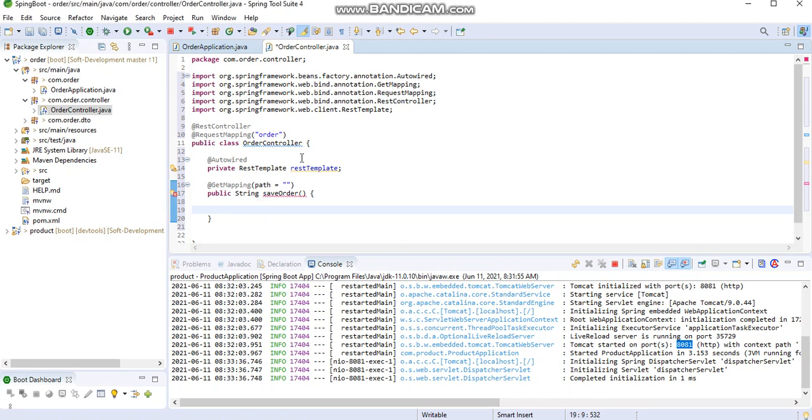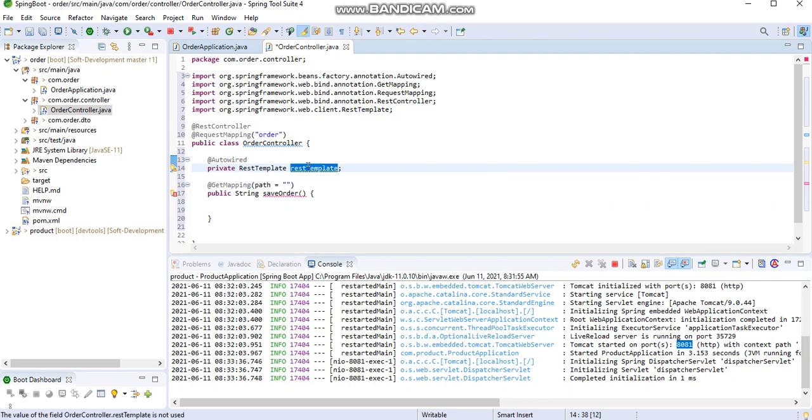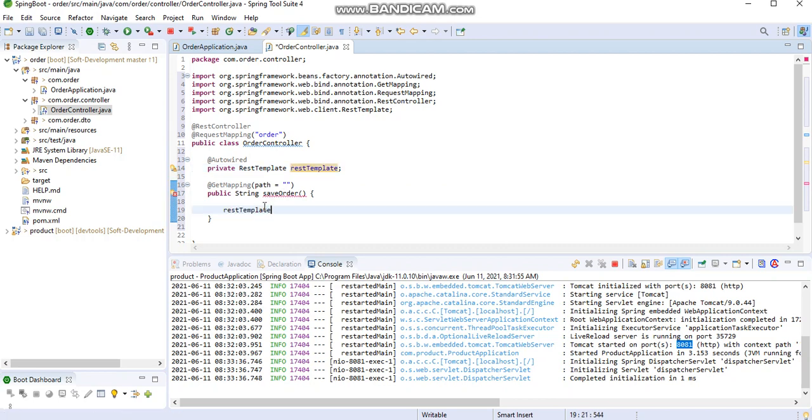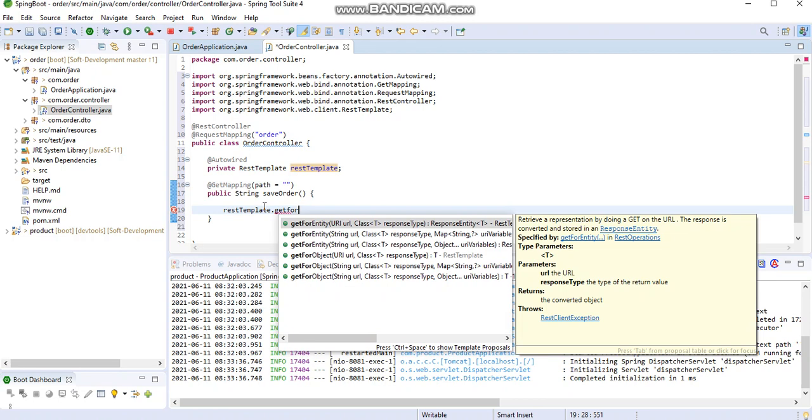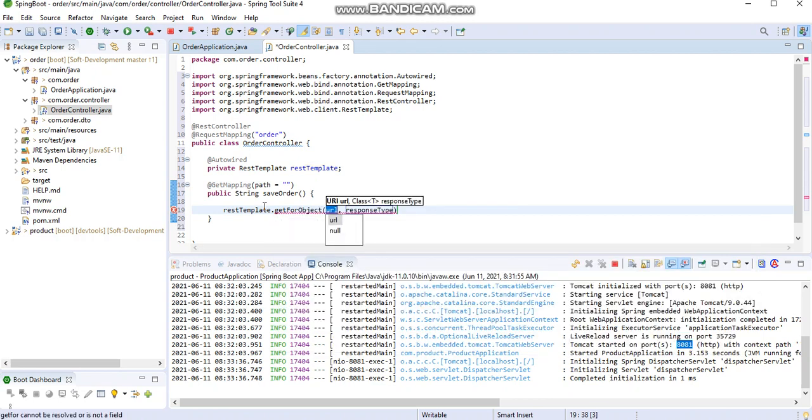Simply I will use restTemplate.getForObject. I'll provide the URL here, the same URL as we used in the browser. So this is the URL.